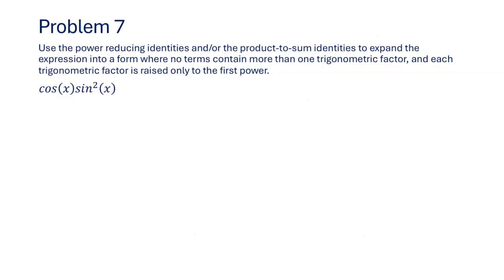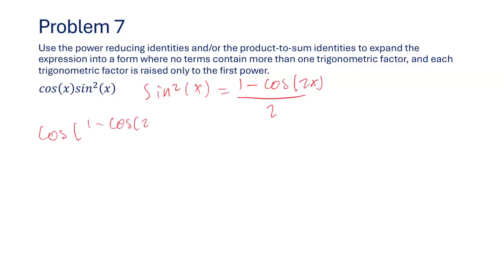So there's going to be two identities that we're going to need here. And I'll list the first one. So sine is our power reduction property, which states that sine squared x equals 1 minus cosine of 2x over 2. So here we can sub that one in, and we get cosine times 1 minus cosine of